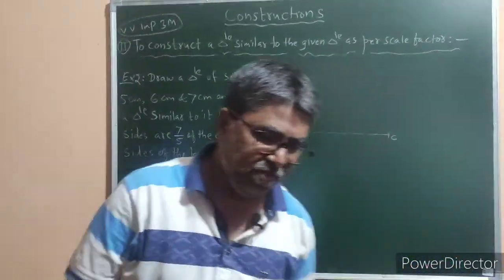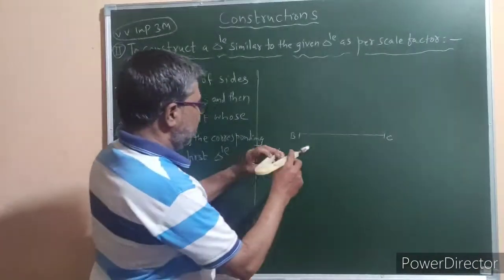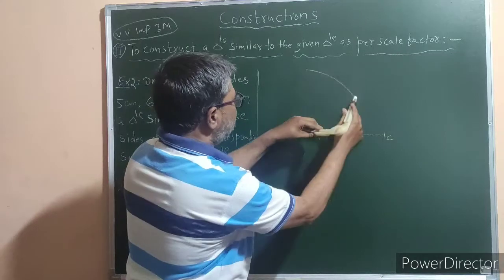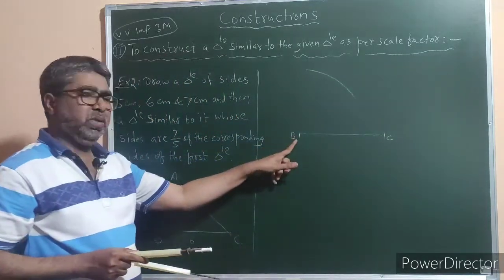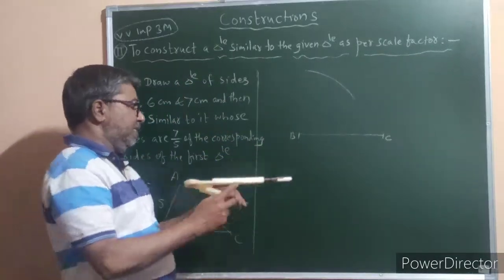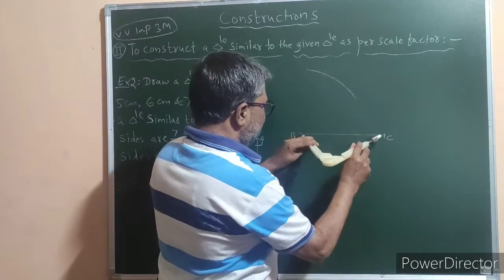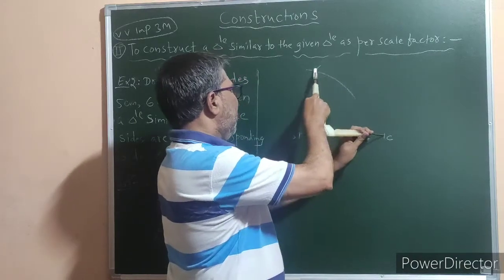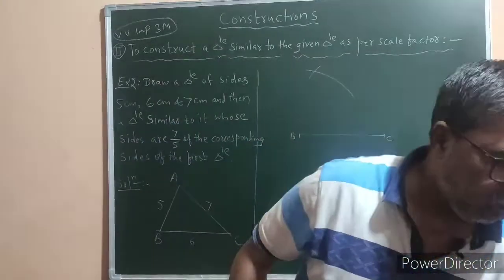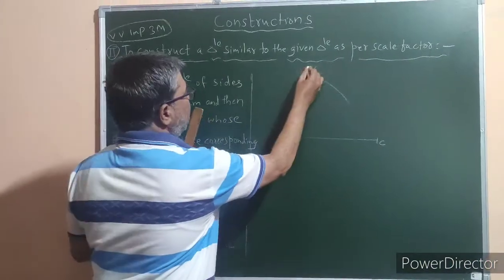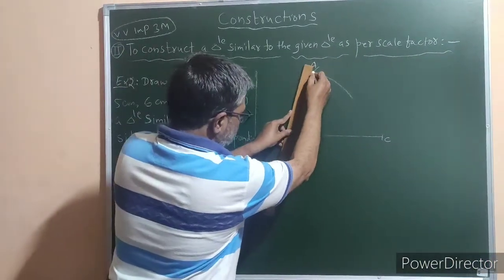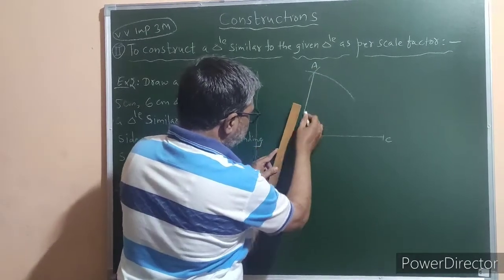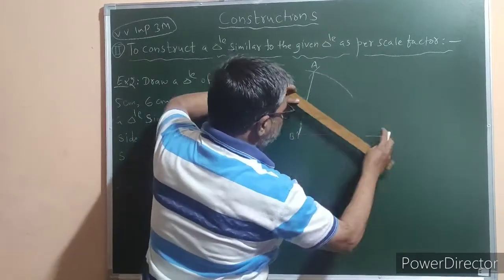the triangle ABC. Now taking 5 cm distance on compass with the help of scale, you draw one arc by assuming B as center. Taking 7 cm distance on compass, assuming C as center, you cut this arc, previously drawn arc, to get a point. You name that point as A, join A to B and A to C to complete the triangle ABC.